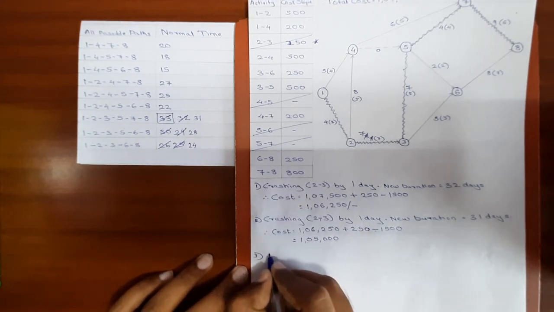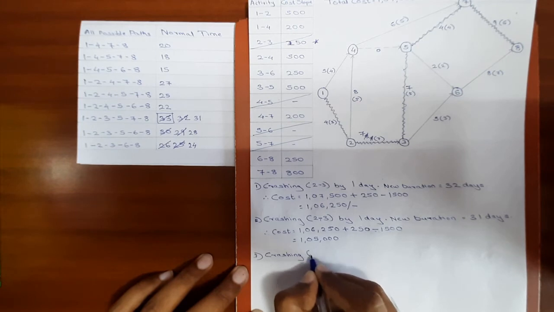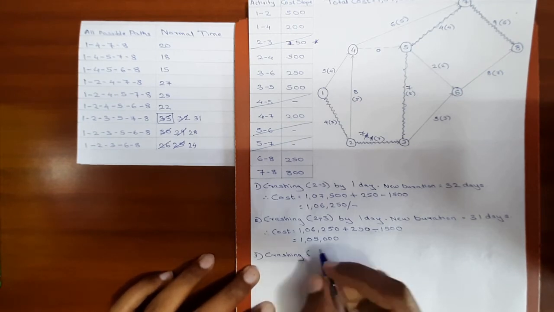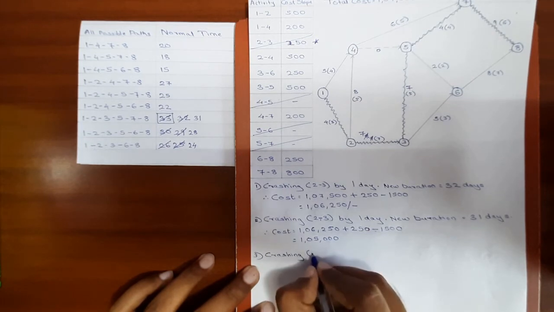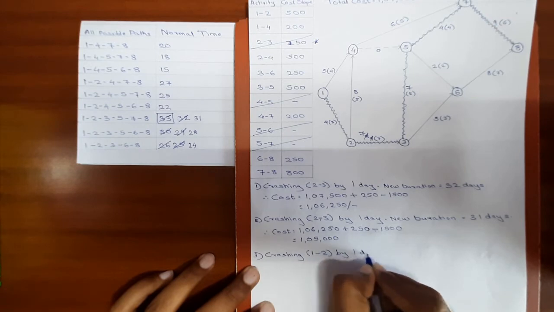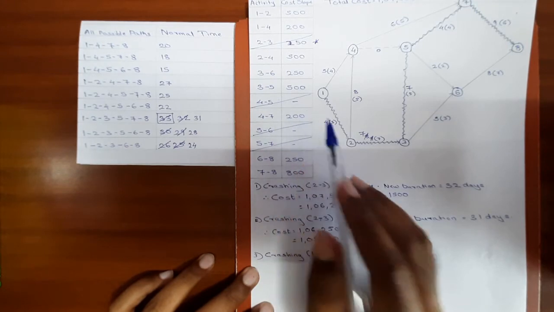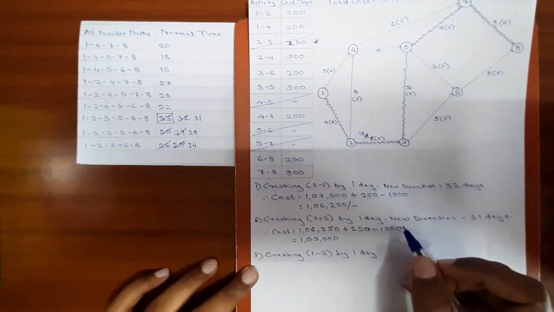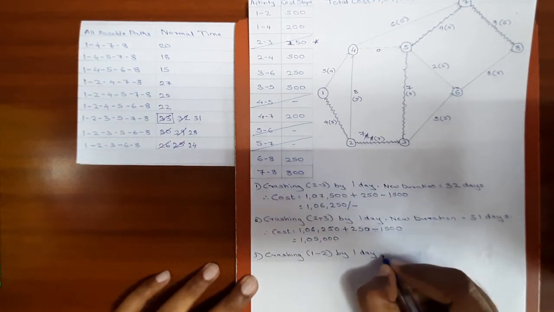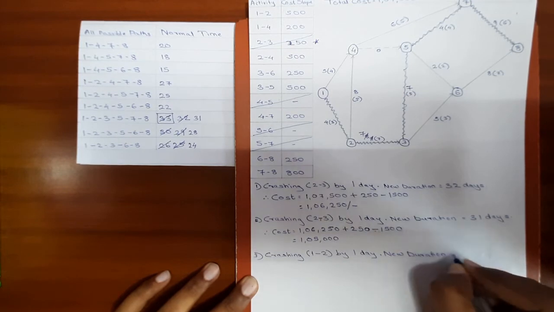So we will be crashing activity 1, 2, which has cost slope of 500 rupees, by 1 day. We can also crash activity 3, 5. The cost slope is same, but we will be giving priority to the activity which comes first in the path. So crashing activity 1, 2 by 1 day, the new duration will be 30 days